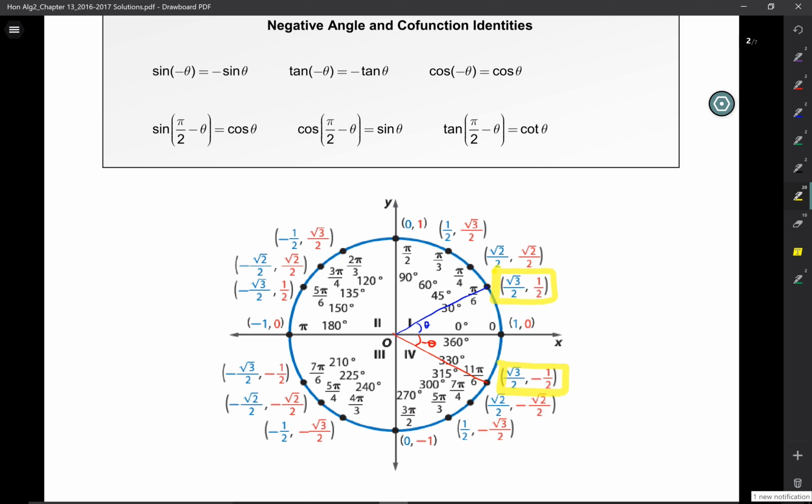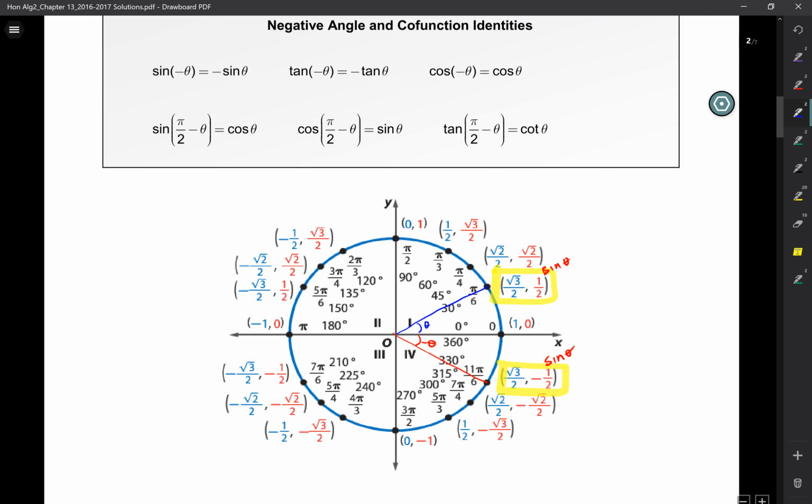So the y coordinate is negative. How about the x coordinate? It's the same. Does that make sense? If I have theta and a negative theta, the x value is going to be the same. The y value is going to be positive and negative, right? So if the y value is sine of theta and the x value is cosine of theta,